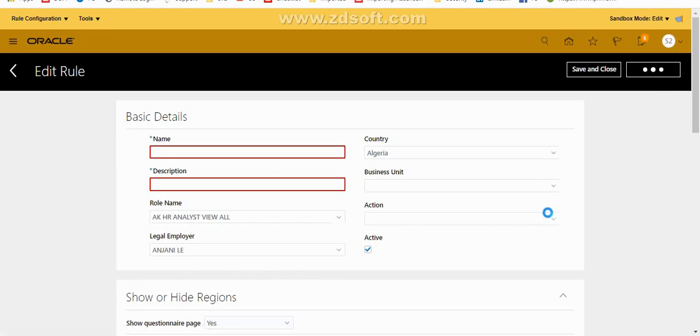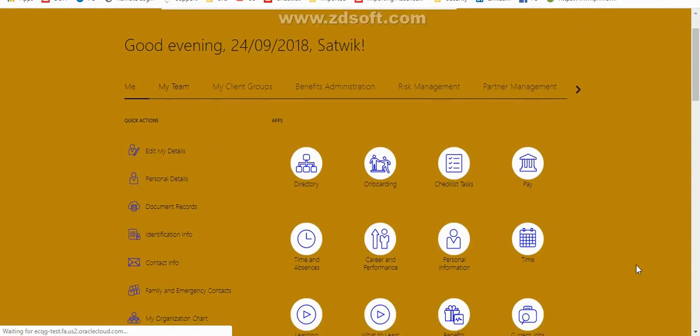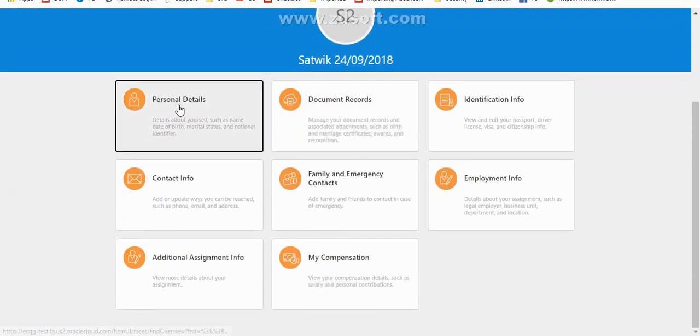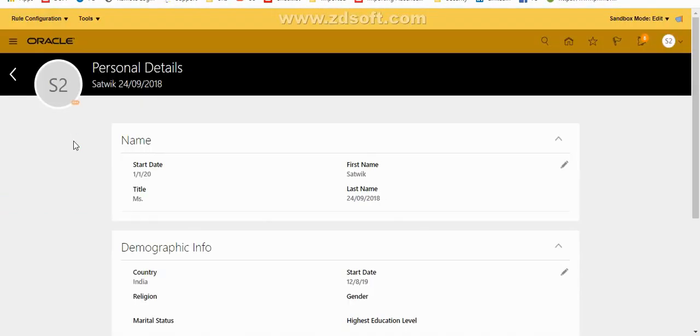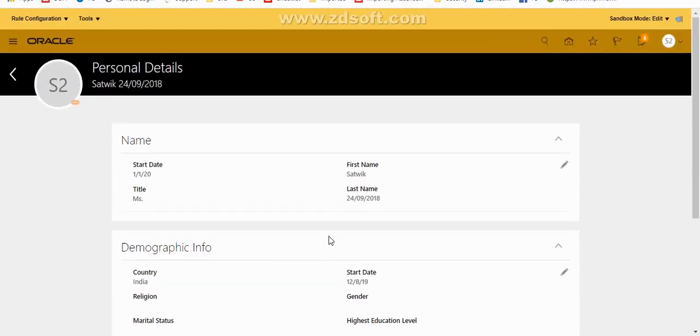So similarly, in case you want to make some fields mandatory, or some fields mandatory only for specific legislation under my team. If I go and see under personal details, I can see my personal information like first name, last name, gender information, ethnicity, religion, all these things. In case you want to make these two fields visible only for a specific country, specific legal employer, or specific business unit, if you want to make any changes on this page,